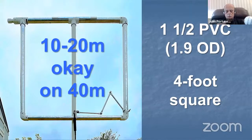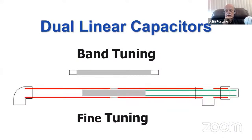So this one I've spoken on a lot around the circuit. This one is a 4-foot loop, my general purpose 10 through 20 meter loop. Anyway, and it uses an internal and an external cheap tuning capacitor, which works very well, by the way, a little piston inside, which is just a PVC pipe that runs inside, with a piece of 1/2-inch pipe inside with aluminum foil tape on the inside that you can pull